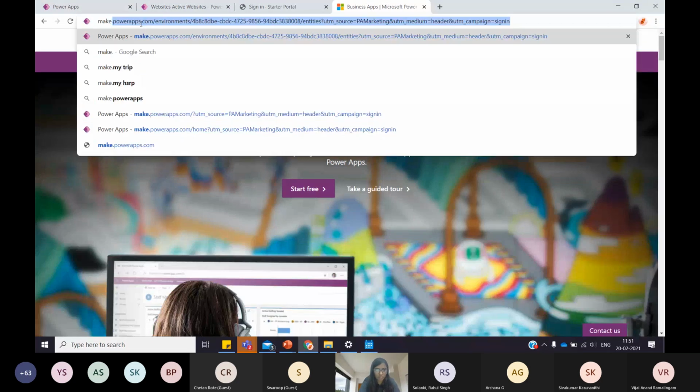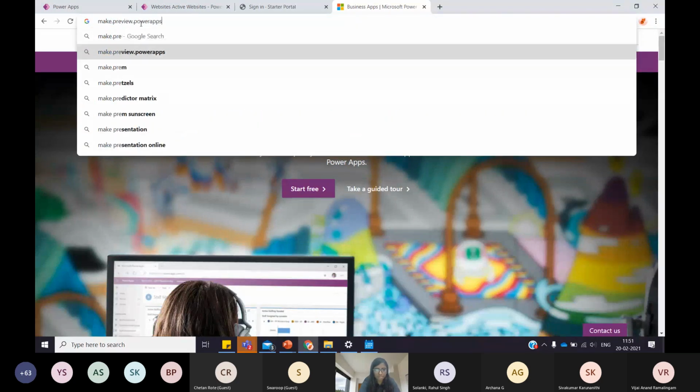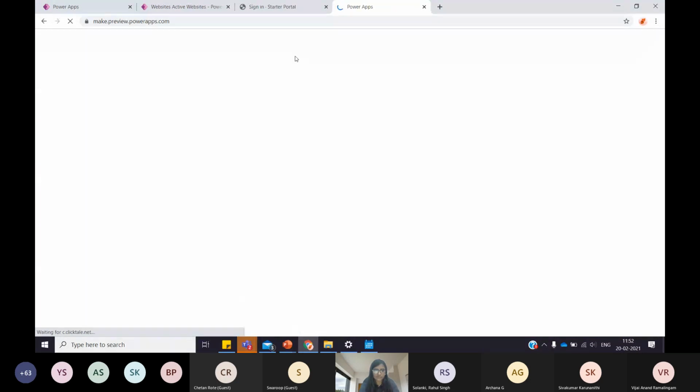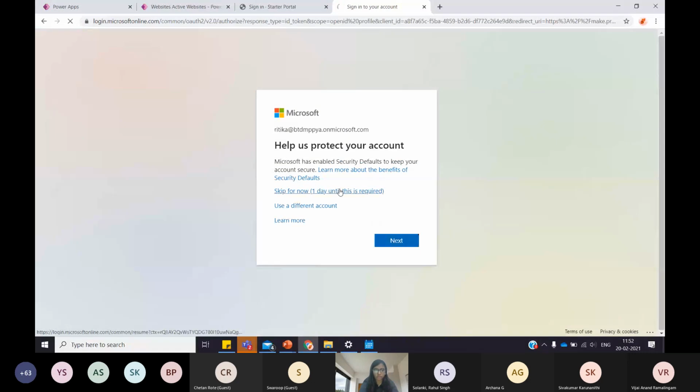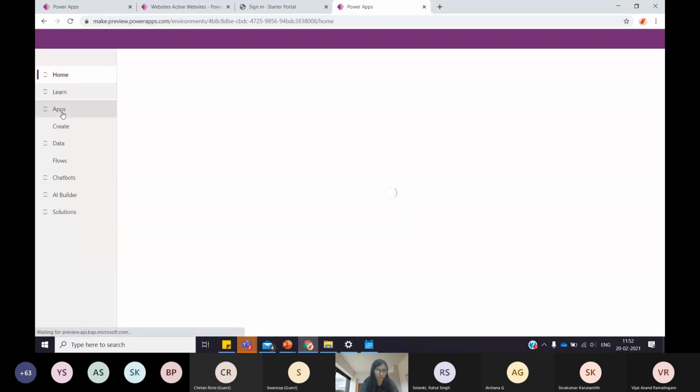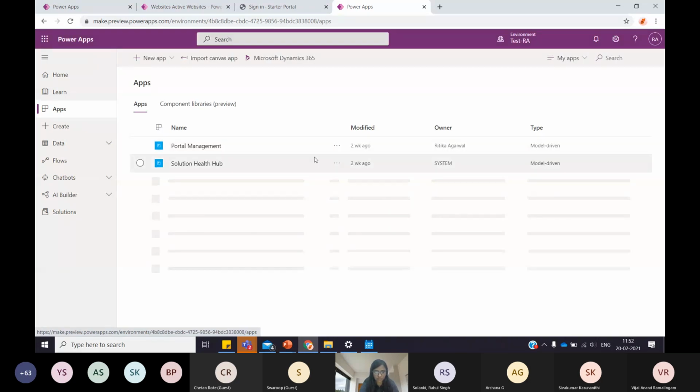One second. So this is a preview version that I'm opening right now. So here I can see if there are any features which are currently in preview, you can navigate to this URL and view those. So I'll try to open it from here, the authentication mechanism page.